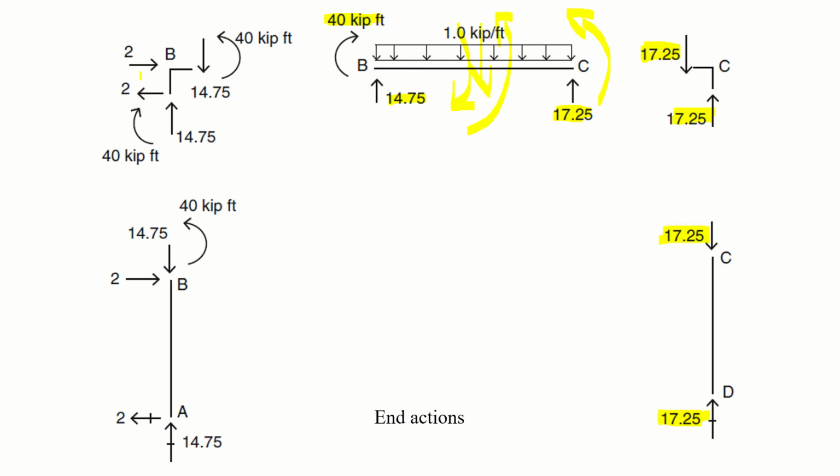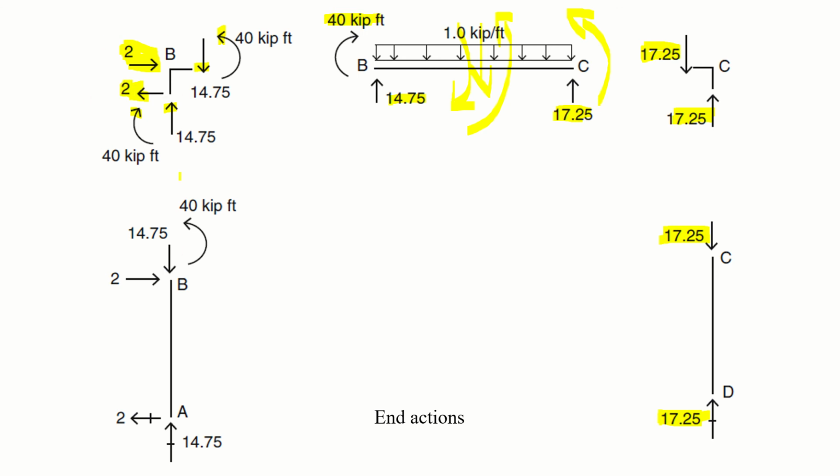Now make the joint B in equilibrium, draw the joint B. If there is an upward force here, you have to apply a downward force here, and for the clockwise bending moment, you have to apply an anti-clockwise bending moment. And see, you have applied the external horizontal force, because now you are talking about joint B. So coming to the column now, in the column you have to resist all this. Downward will be resisted by upward, anti-clockwise will be resisted by clockwise, and this external force will be resisted by this one in the column AB.